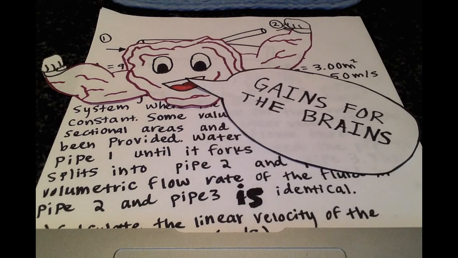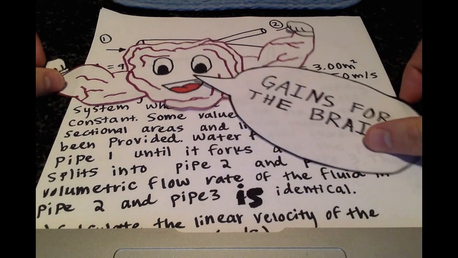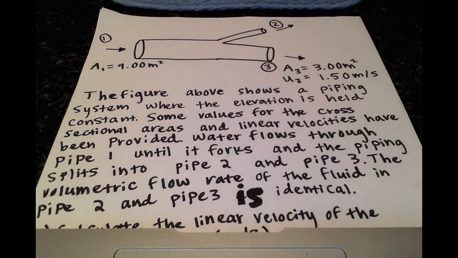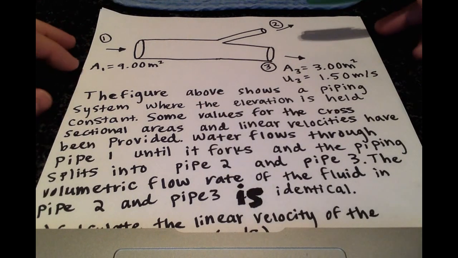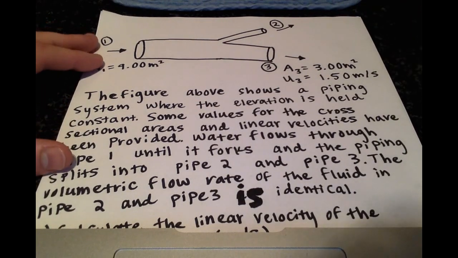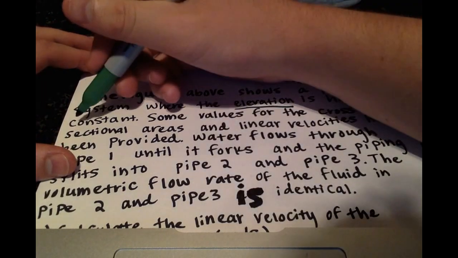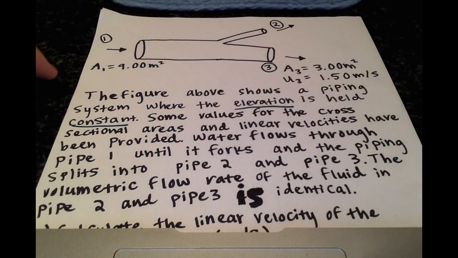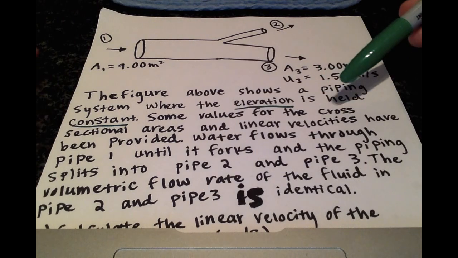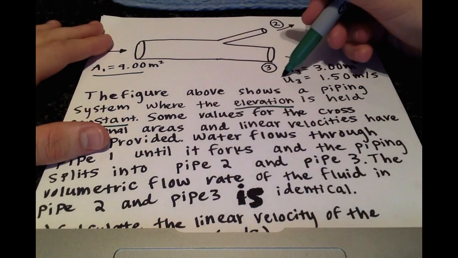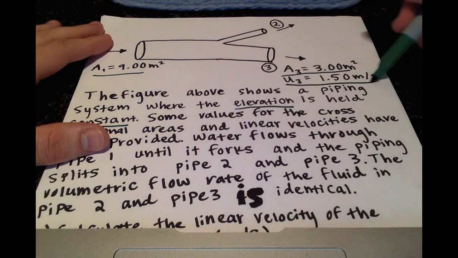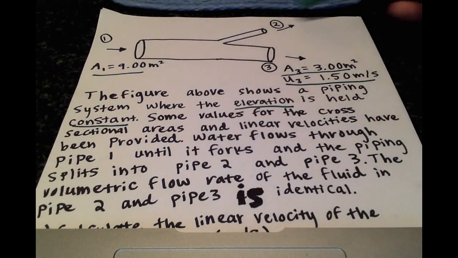Hello, in this problem we'll be looking at flow continuity and an energy balance once again. Alright, so we have a figure above and it's of a piping system with constant elevation, so that means there are no changes in potential energy. And we're given some of the values for the cross-sectional areas and the linear velocities through the piping system,